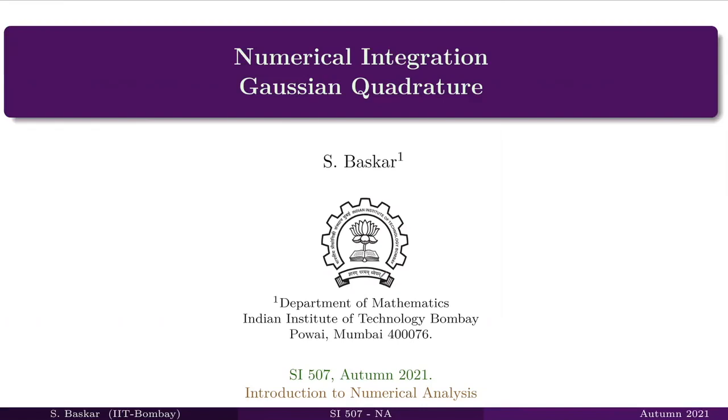Well, students, we have learned some quadrature rules, and also we have learned two methods of deriving quadrature rules. One is the direct method and another one is the method of undetermined coefficients. In the method of undetermined coefficients, we demanded certain conditions, and using these conditions, we obtained a class of quadrature rules which are exact if the integrand is a polynomial of degree n whenever the quadrature rule involves n plus